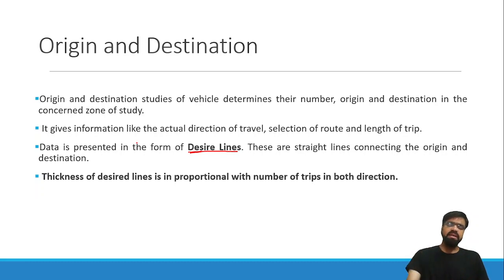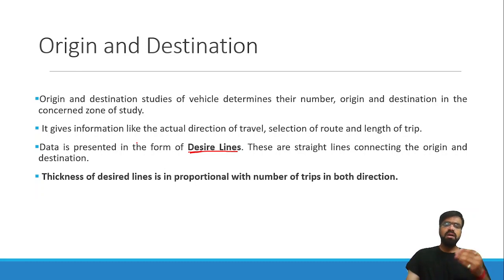You will have a trend chart, you will have an option as a desire line, you will have an option as AADT. So the AADT value and the trend chart value are for traffic flow. You know that for an origin and destination study you have desire lines. You may be asked,